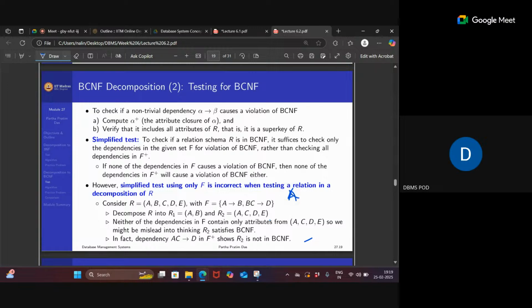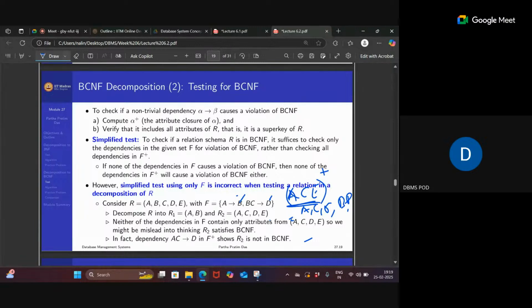Just check the RHS side. What attributes are not there in the RHS? A is not there, C is also not there, and E is also not there. You can see B and D are in the RHS. So ACE must be part of the candidate key. If I take the ACE closure, I will get A, C, E, and A determines B, so we'll get B, and by using B and C, we'll get D. So what is our candidate key here? It is ACE.